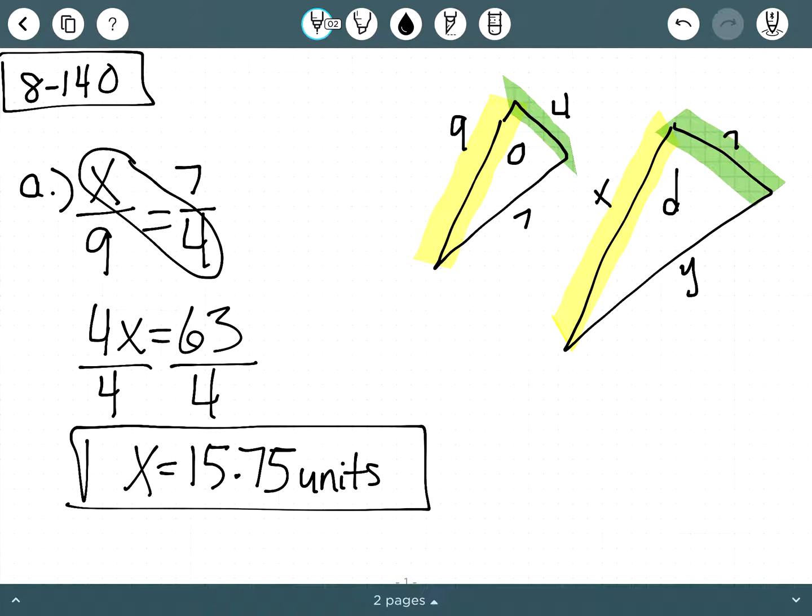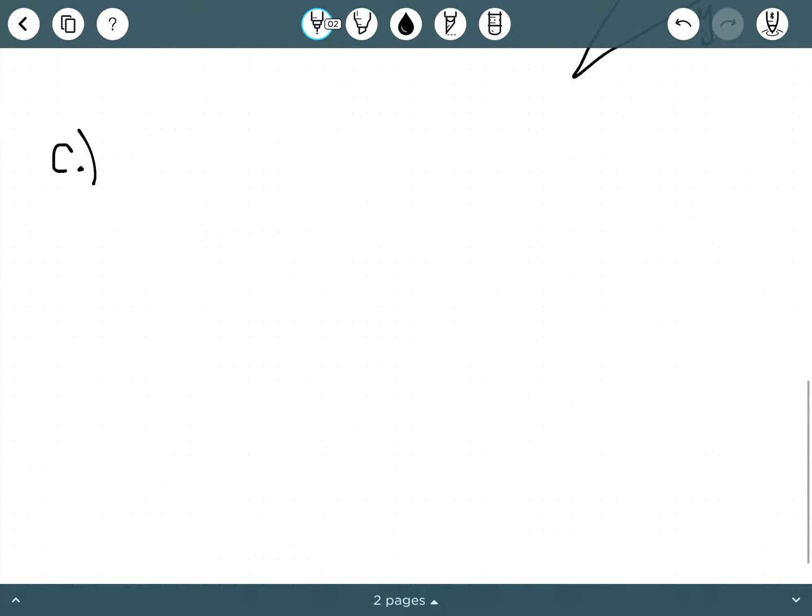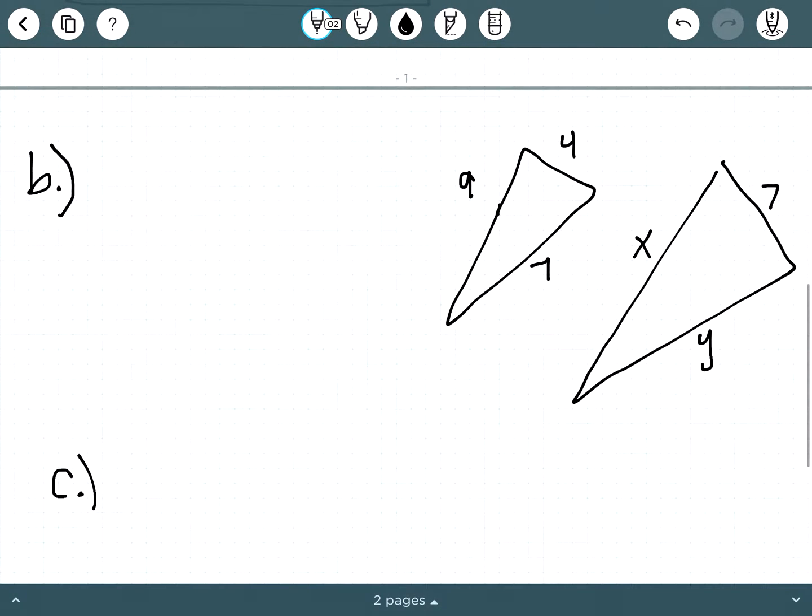Okay, on to part B. We need to find the length of y this time. So here's my side for y. I need to find a corresponding side on my other triangle. So keep in mind, this triangle is the original and this triangle is the dilated. So we're doing dilated over original, which means I would have y over 7 equals, well, again,